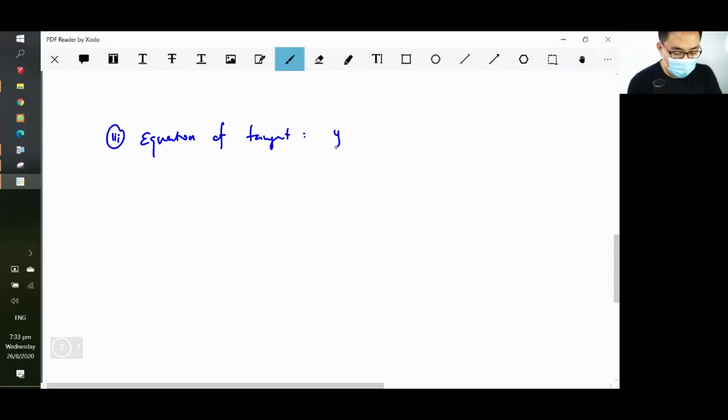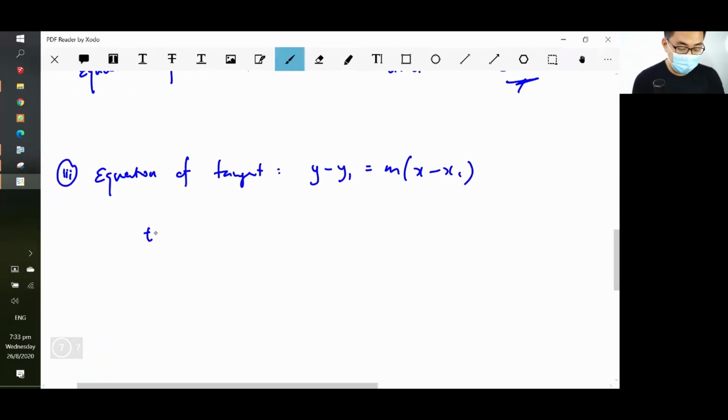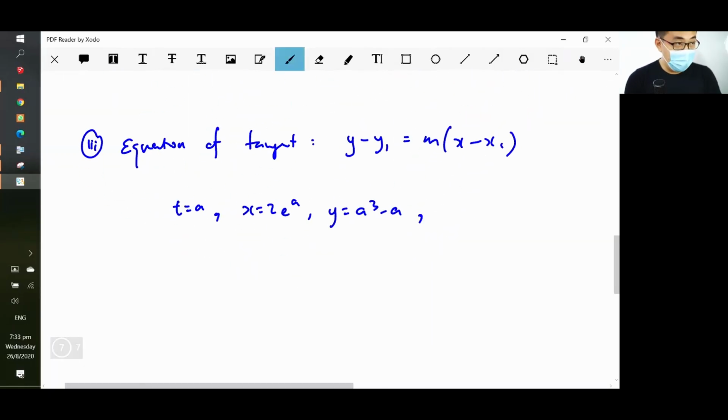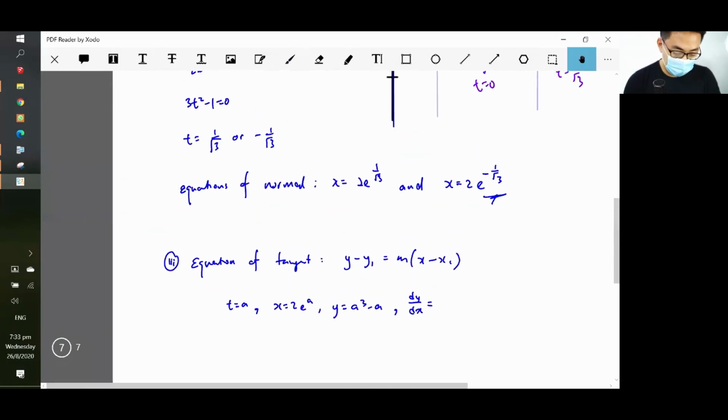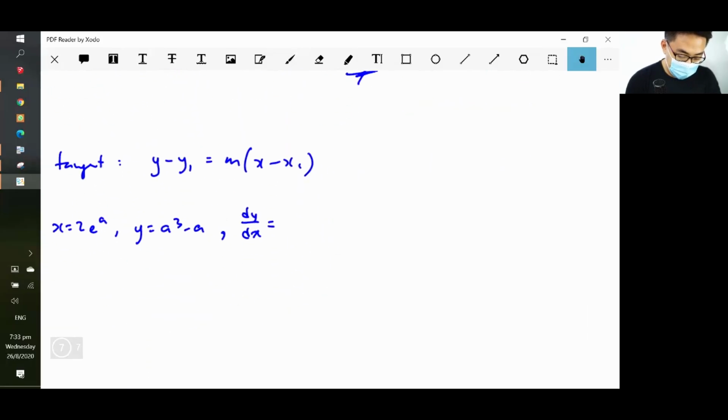So it's y minus y1 equals m times x minus x1, right? We all know that. It's very simple. So when t equals a, x equals 2e^a, y equals a cubed minus a, which is not surprising because that was the point given to us. Then dy/dx is (3a squared minus 1) over